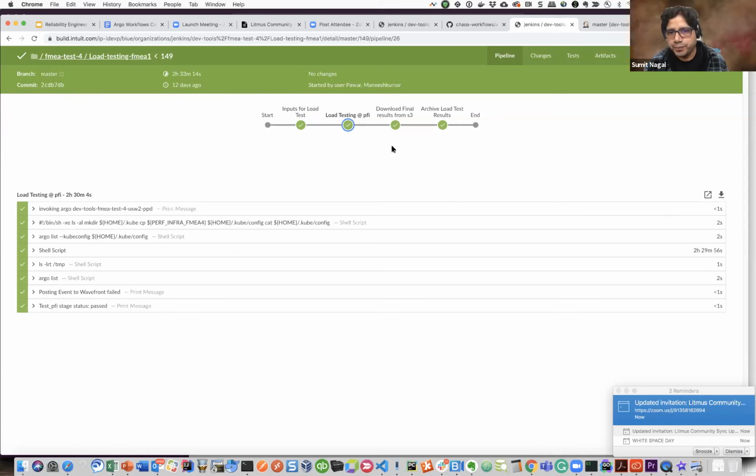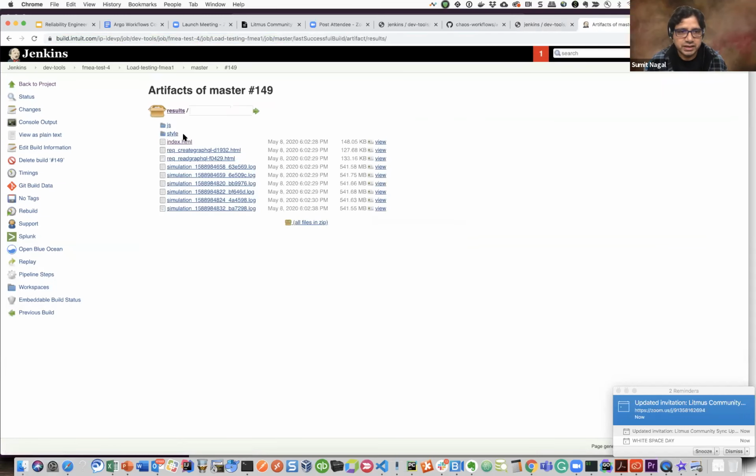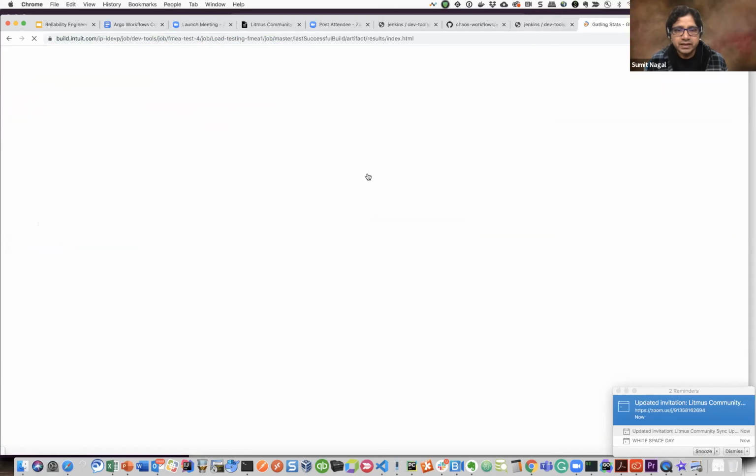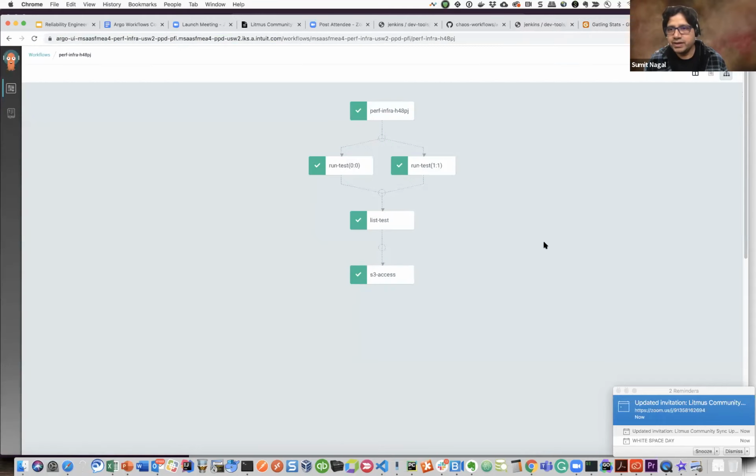So we put all the reports together, and later we aggregate them with the specific technology we are using, either Gatling or JMeter, to convert them, and then later we push that to the Jenkinsfile, which is nothing but your actual report. So here is the report. You run your performance test using this infra, and you can get the actual result.